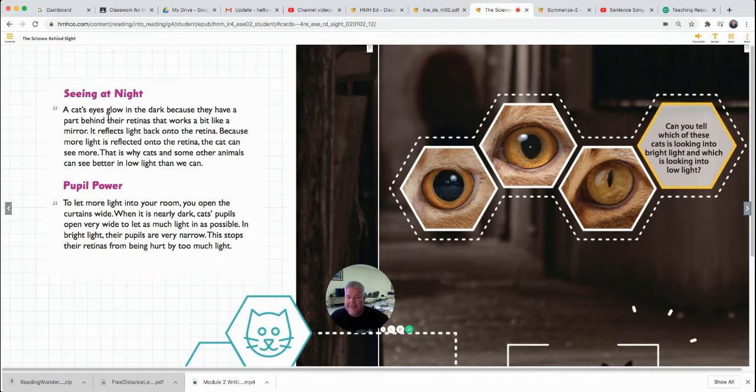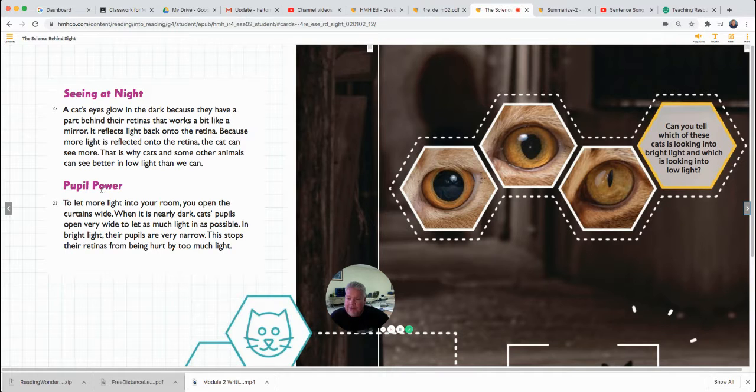Seeing at night. A cat's eyes glow in the dark because they have a part behind their retinas that works a bit like a mirror. It reflects light back onto the retina. Because more light is reflected onto the retina, the cat can see more. That is why cats and some other animals can see better in low light than we can. So they've got a special part in their eye behind the retina, kind of like a mirror, and it collects